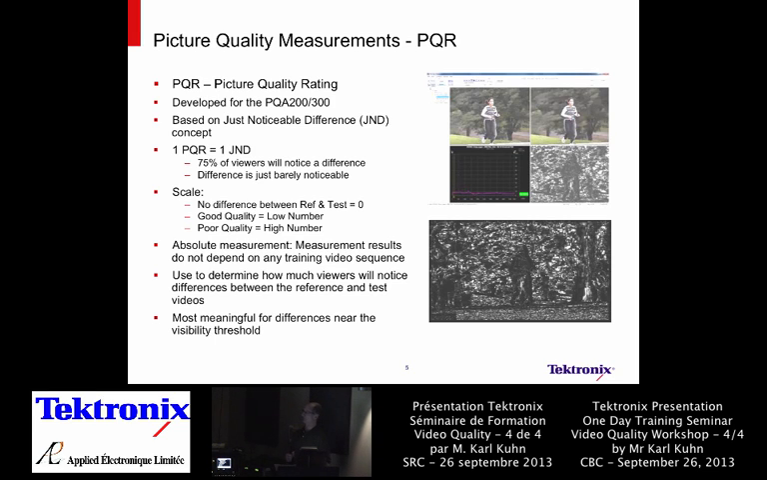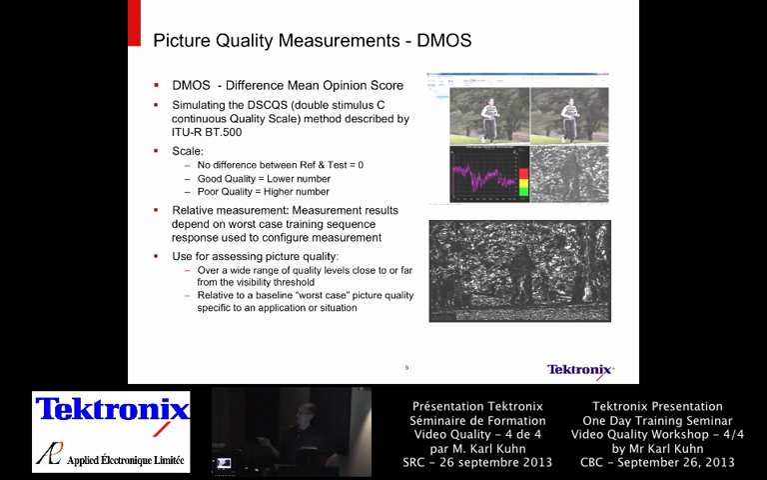Differential mean opinion score. Differential mean opinion score is based on BT 500, which is the testing I was doing with the sandwiches and the soft drinks of the unemployed. But now it's in an algorithm, repeatable, in a box with none of that stuff involved. Low number is good, high number is bad. That still works. But the most important aspect of making this a more valuable test is the worst case training